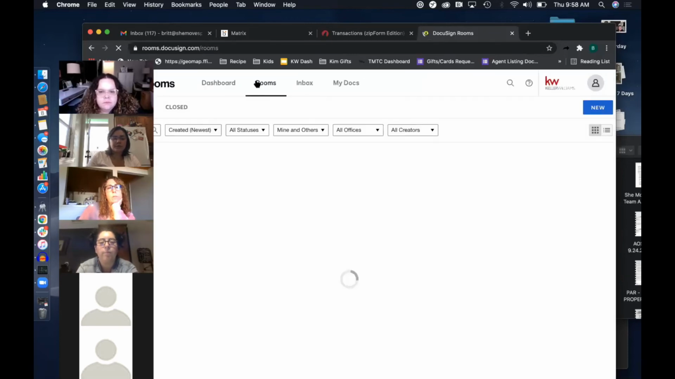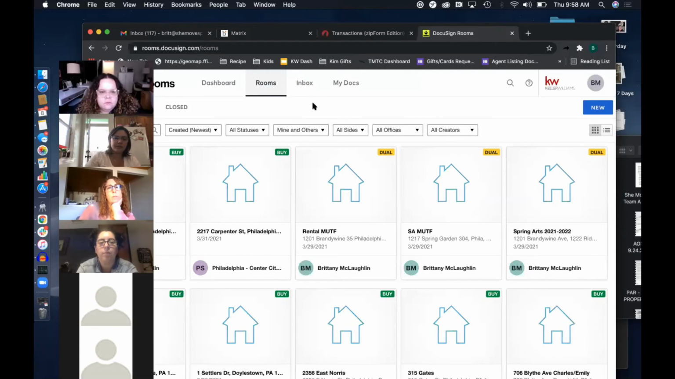You have to switch to rooms to get to that other look, and then you're able to click on the rooms tab. I don't know why it's that way, but it is. I think they're rolling out a beta test of a different layout or something. But when you're in rooms, you click new